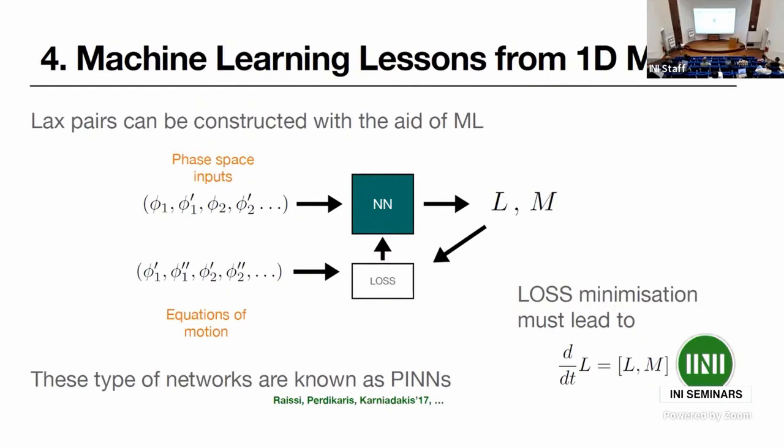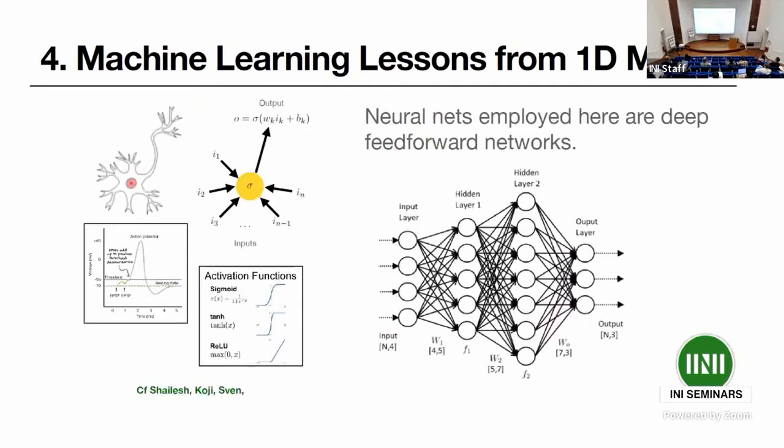So in addition to the phase space, I am going to have to compute the equations of motion, but these derivatives of outputs from inputs in a neural network have been widely discussed in Sven's talk, and this follows to what's known as automatic differentiation. So we are going to deal with what is known as a feed-forward network, and basically this is an array of